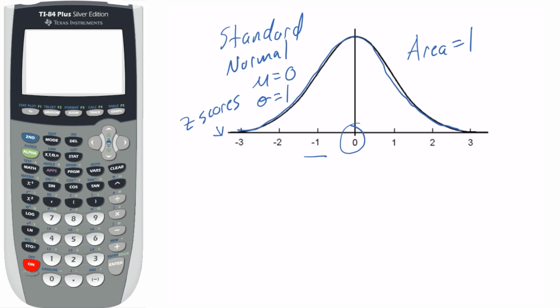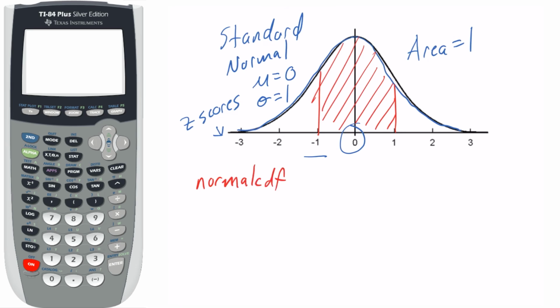So what we can do with this distribution in our calculator is to find the likelihood that a score falls within some area. So for example, we could find the likelihood that a score falls between -1 and 1, or in other words, within 1 standard deviation of the mean. And so what we're going to find is this red area right here. And we'll find that by using the normal CDF